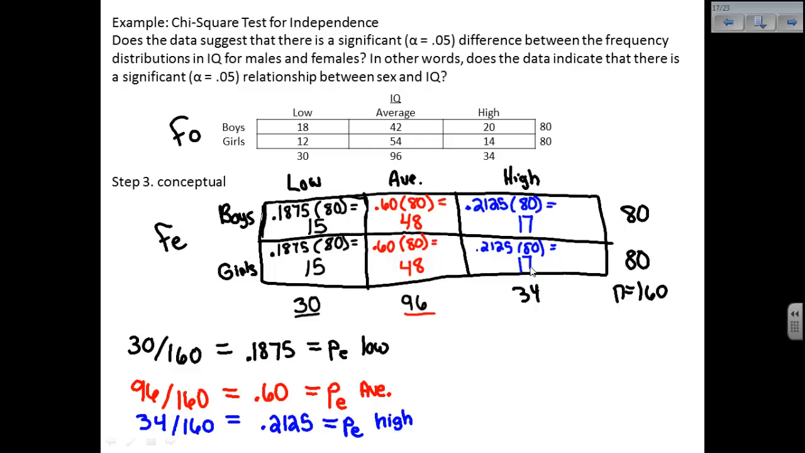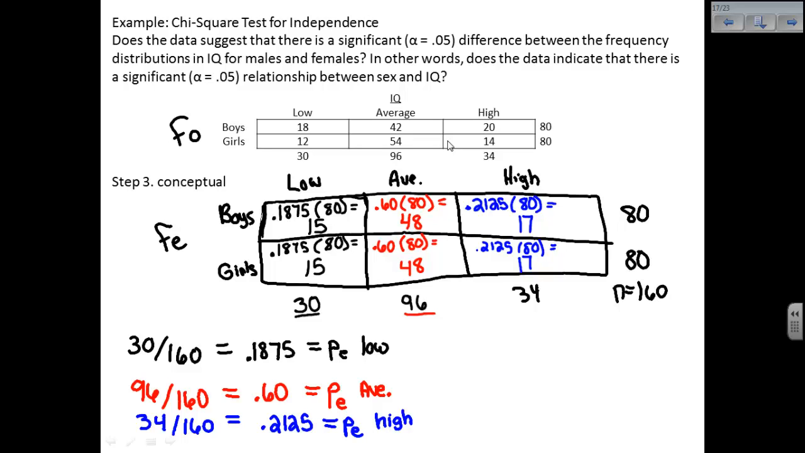If we're just trying to figure out what we're expecting to find in our chi-square test, we can look at this and say 15 and 15 expected in all. That's pretty close to what we're observing here. 48 and 48, pretty close to both of these. 17, 17, pretty close to both of these. So I'm not anticipating a really high value for chi-square, but we still need to do the calculations to see